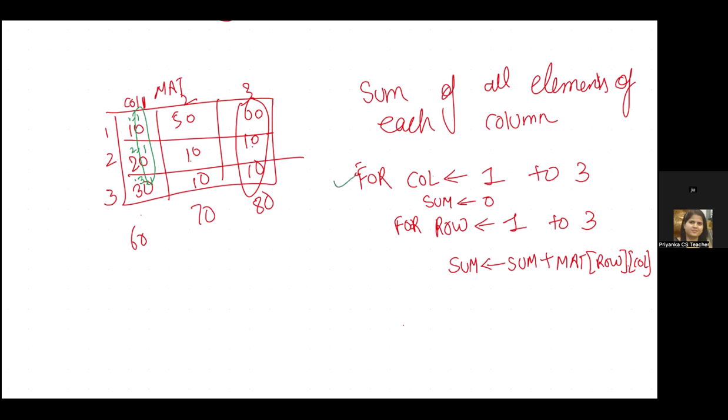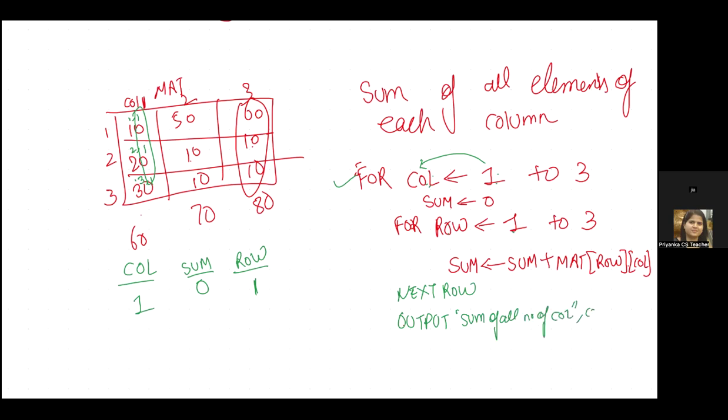If you are working on each column, then in that case you should run the column loop first, because when your col is 1, row is 1, 2, 3. So when your col is 1, this is the first step. Col is 1, sum is 0. Now the row loop will run entirely because this is the inner loop. So next row, and after this you should print the output, the sum of all numbers of column col, and then next